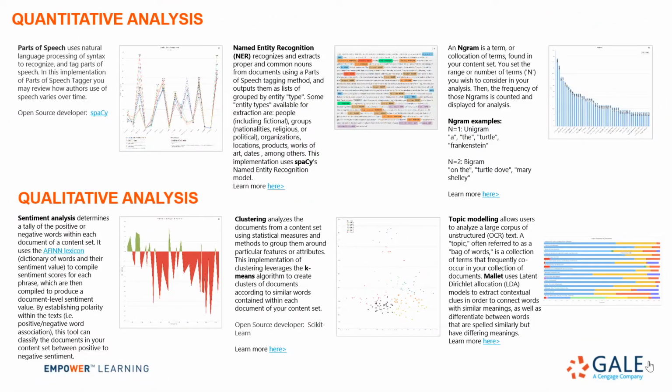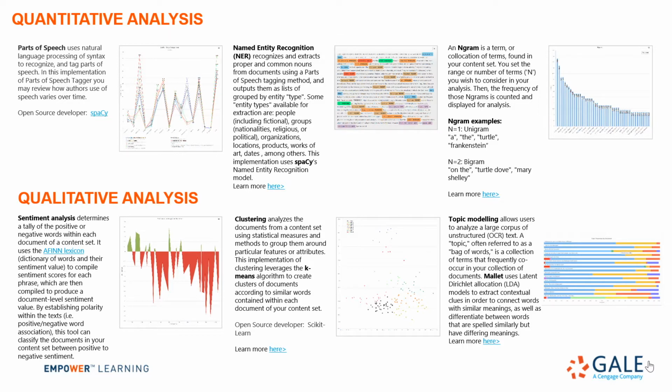You can analyze content in the Digital Scholar Lab using 6 analysis methods that come from open source libraries or lexicons. This is a snapshot of some of the outputs you can expect to receive from each of the integrated tools. We can divide the analysis methods into quantitative or qualitative methods. The quantitative methods, which you can see along the top, are simply put a numerical count of different features or